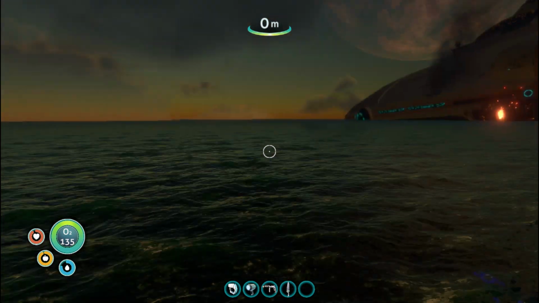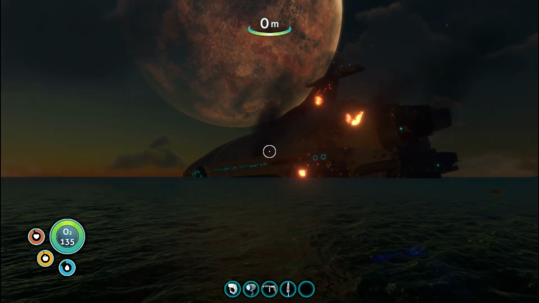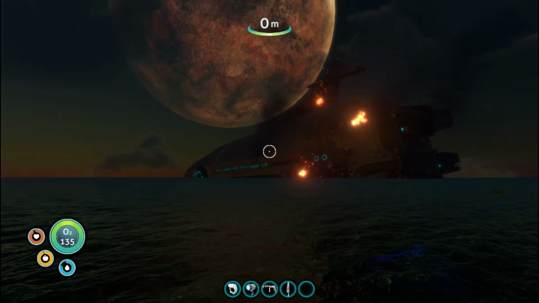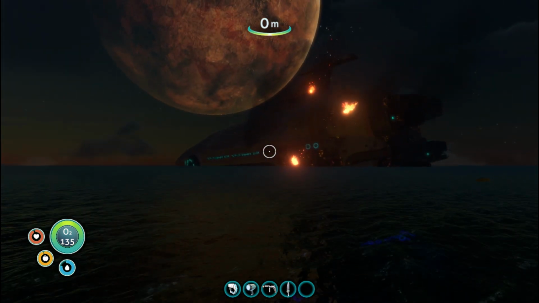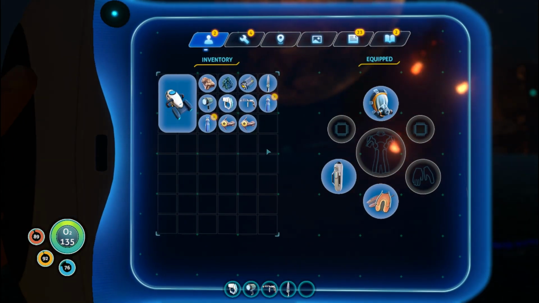So basically, as you can see, the Aurora is before the explosion, so keep this in mind. If you don't know, the Aurora after the explosion will make a radiated zone around itself, so keep your distance from that. Now, when you're going to search for this island, what you need is